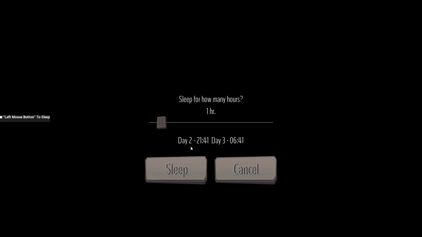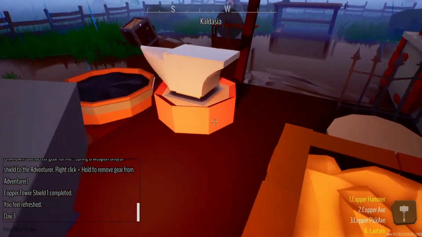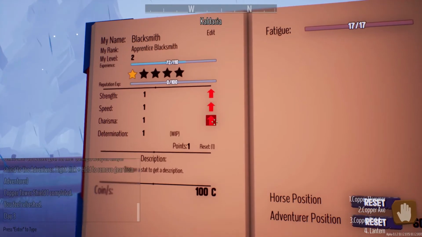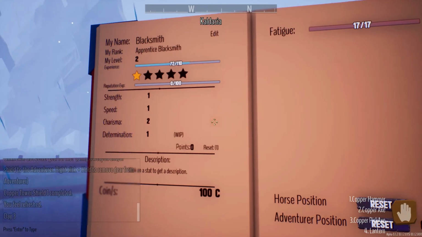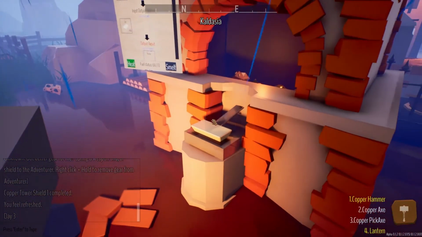So we've got to get the gear quality over 40. Not sure if we can do it with just copper, to be honest. Oh, I do have some skill points to go in. So we're going to stick it in charisma because that puts your prices up. You always reset the